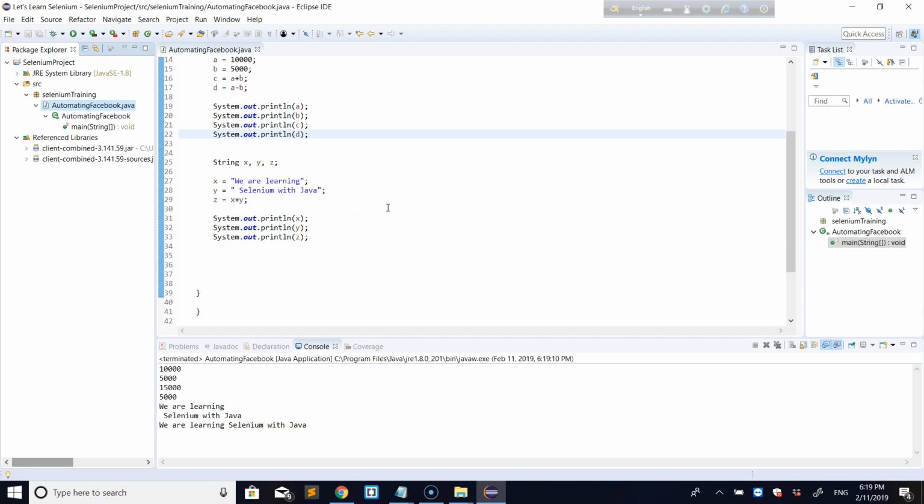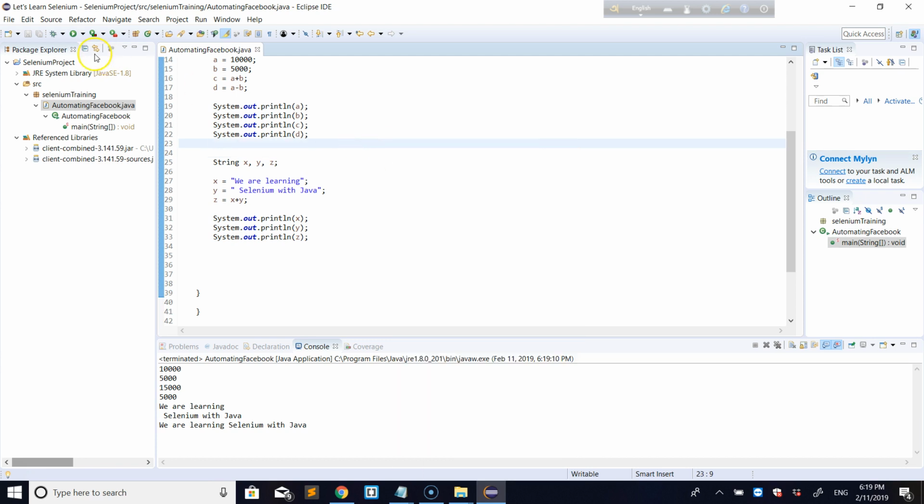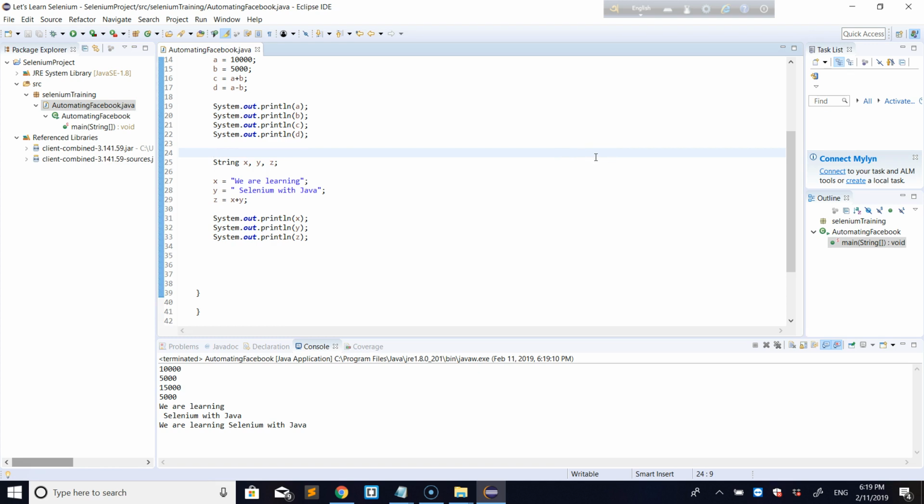I showed you the test execution three ways. One from here, just right button click. Another one is from here, and third one is just click on the class, then run from here. Okay, thus we can write Java codes. Okay, now in Java